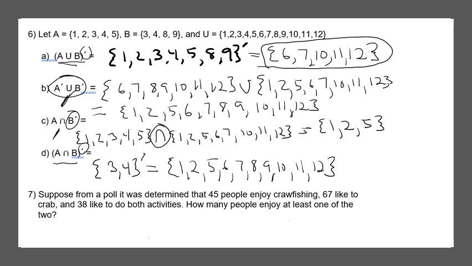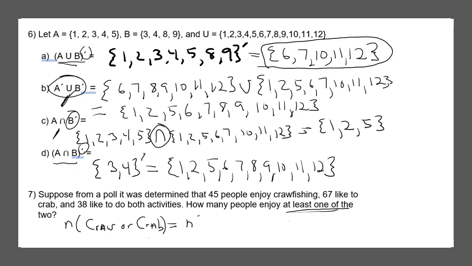Now, number 7. Suppose we take a poll. 45 people enjoy crawfishing, 67 like to crab, and 38 like to do both. How many people enjoy at least one of the two? Well, at least one of the two is the union. And we know the number in the union of people that like to crawfish or crab,